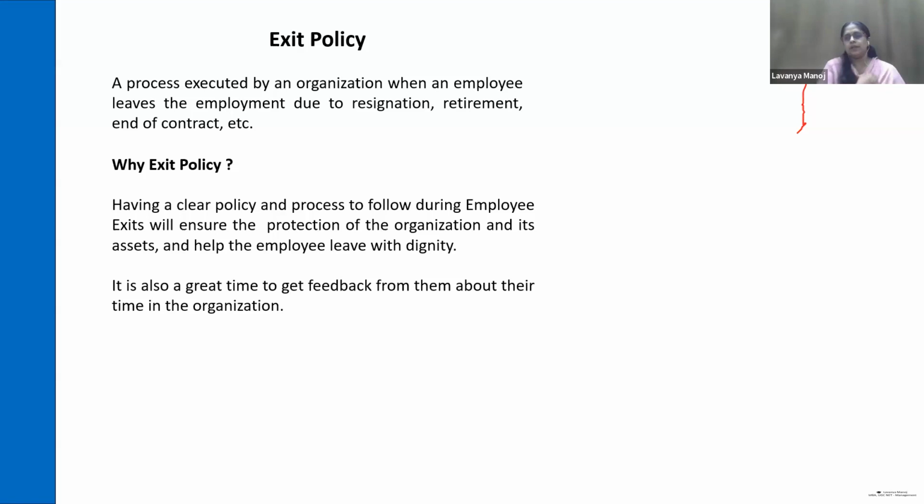even though an employee may feel bad about leaving the organization, whether voluntary or involuntary, the employee may feel like his or her voice is being heard. The management, the HR department has actually asked his or her suggestion or complaint: what has happened, and why the decision has been taken by the employee. So it's good for both the parties.